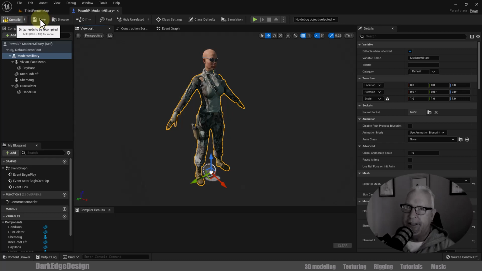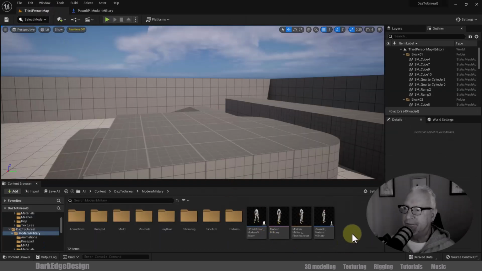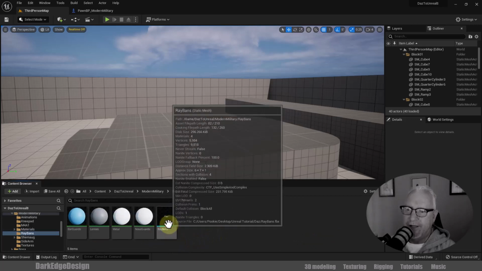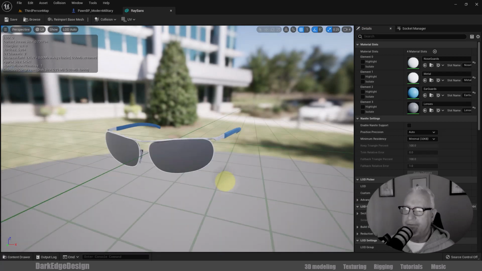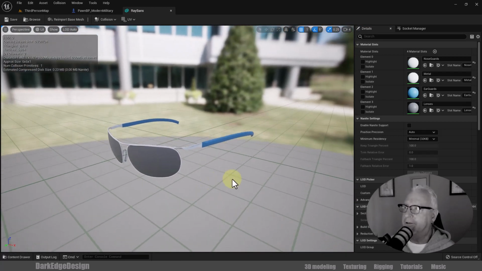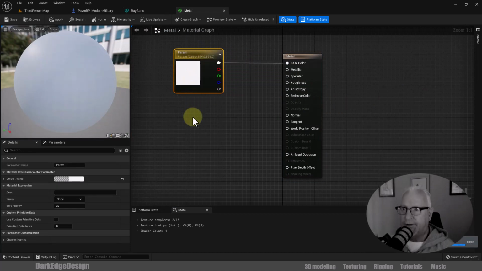It's always advisable to save your work as you're progressing inside of Unreal. Just makes sense. Now, before I bring the hair in, I want to position the Ray-Bans for a final. Before I do that, though, I need to open these up and create our materials. So let's do that. Just double click the metal. I'm going to create